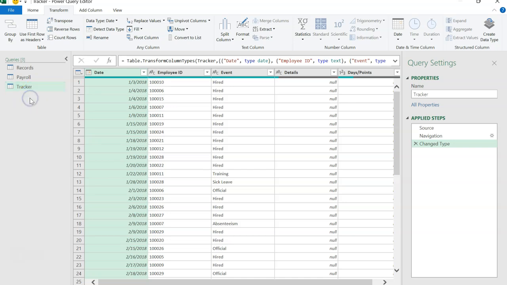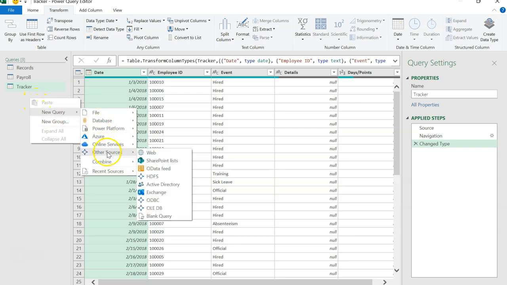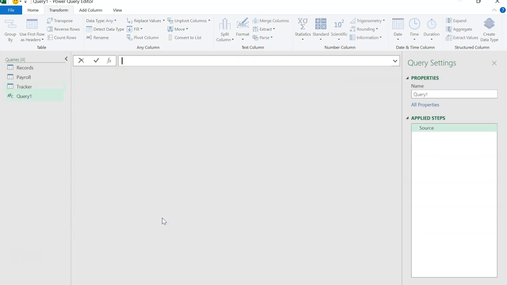So to do that, we want to start a blank query. To start a blank query here, I'll right click, new query, and then other sources, and I'll launch a blank query from here. Now, what we want to do is use a custom M code to pick the earliest date and then give us a series of dates in a daily sequence all the way to the latest date, right? So we'll go equal to